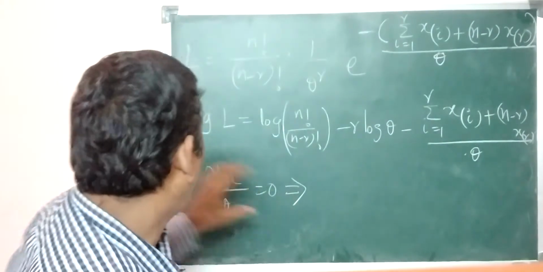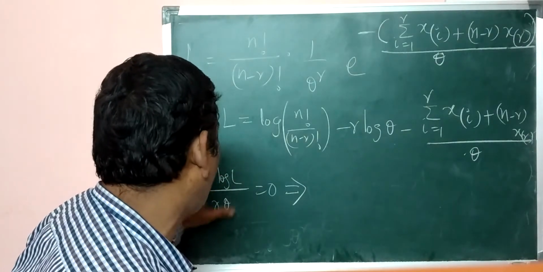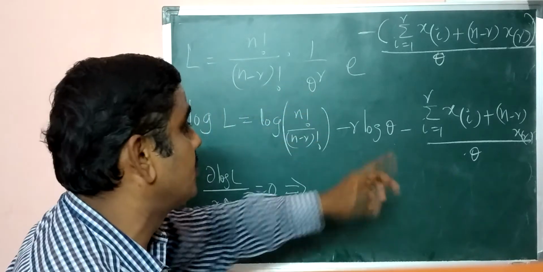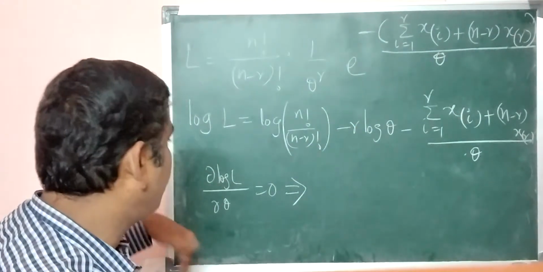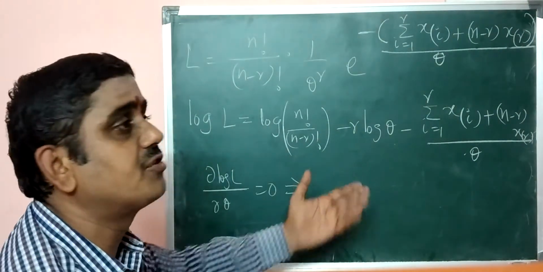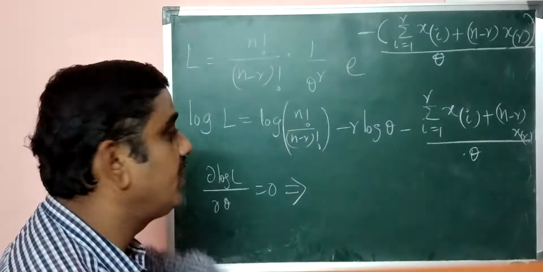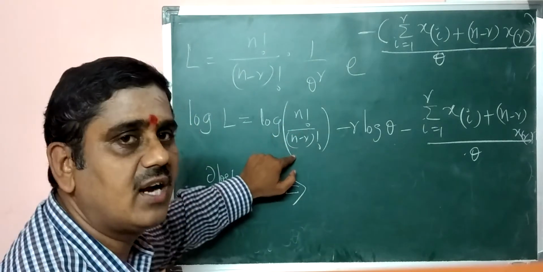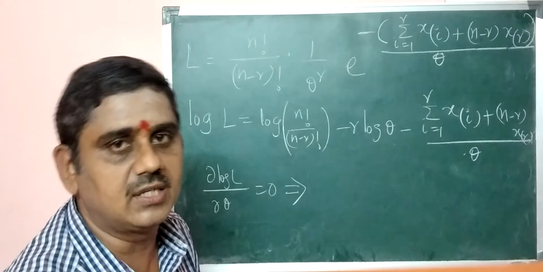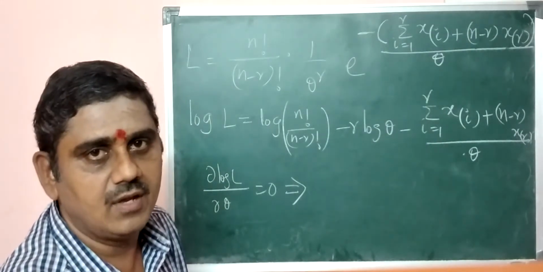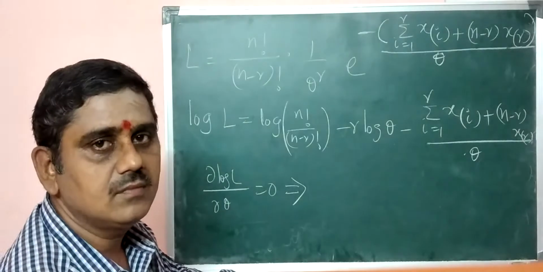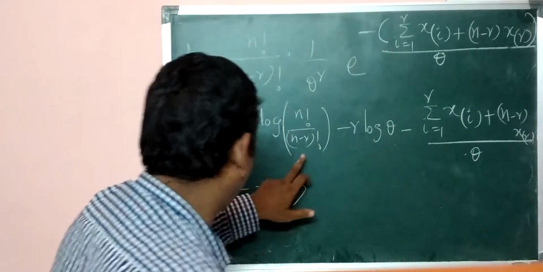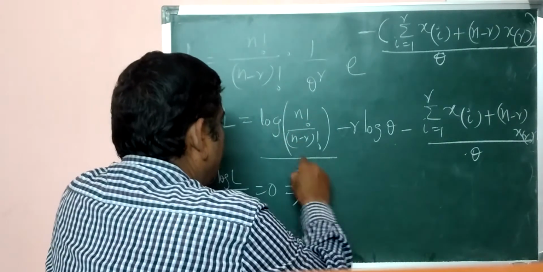Fine. So by taking this particular equation to be 0, we have to differentiate log L with respect to theta and equate it to 0. Now differentiate with respect to theta. For the first term, there is no theta, it is a constant. That is why I have specified that it is a constant with respect to theta. So if you differentiate with respect to theta, this is 0. The first differentiation of this particular term becomes 0.